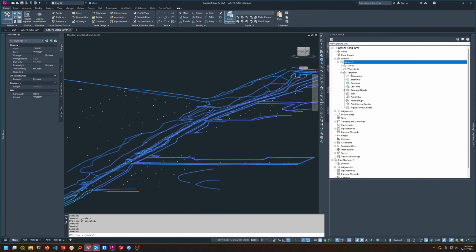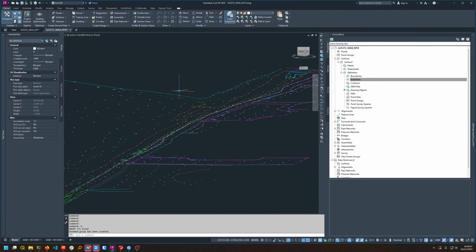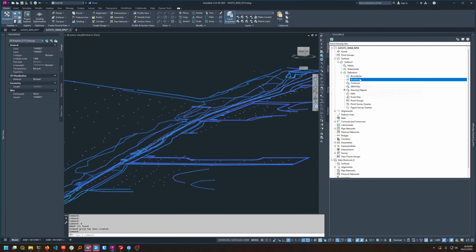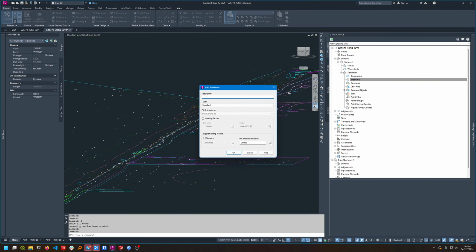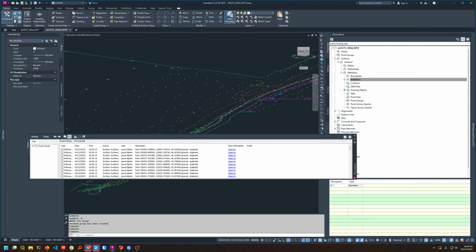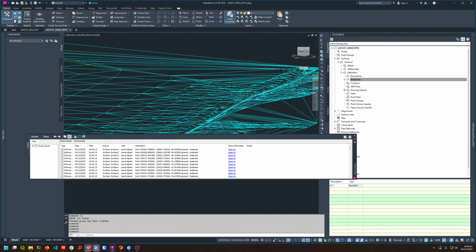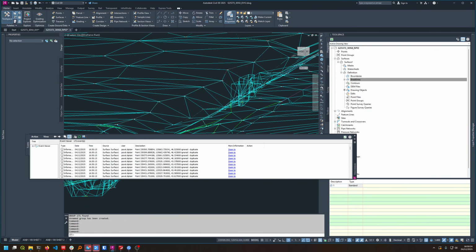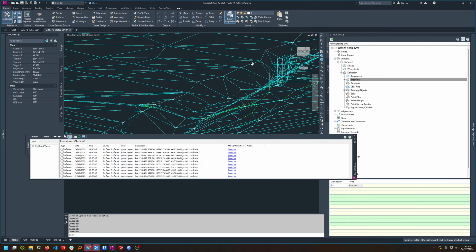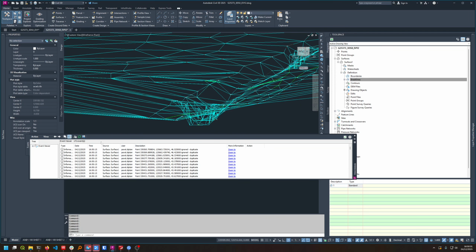I'm gonna just try to add them straight away as break lines. So first I'm gonna group them. I guess that makes it much easier to select them again later. Add, just gonna give it a name of one, standard, and just everything else exactly the same. And let's look at the surface it has created. So you can see now the triangle edges actually follow the break lines, much nicer, and it gives you this